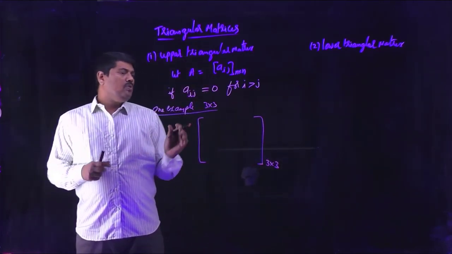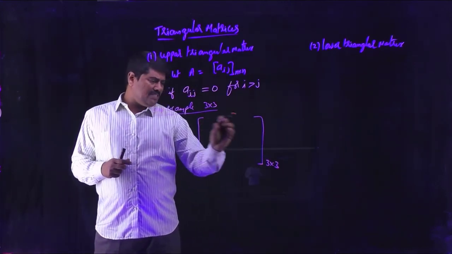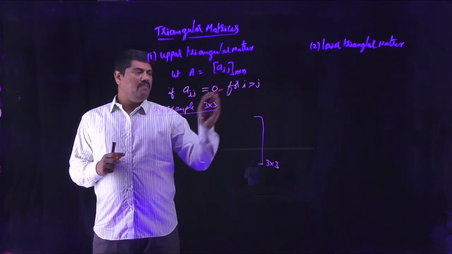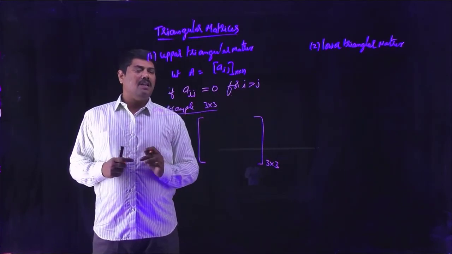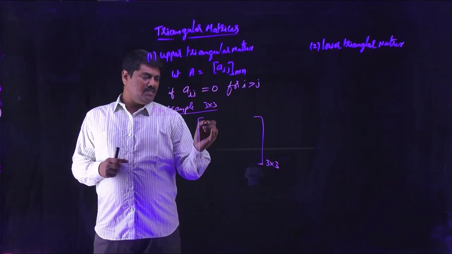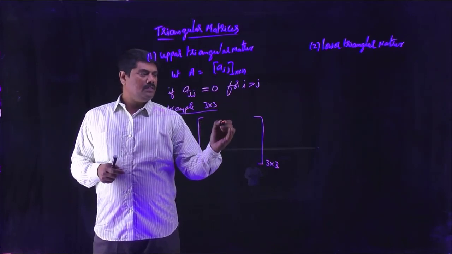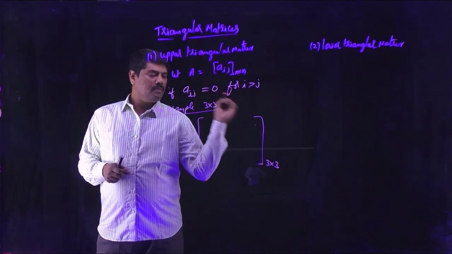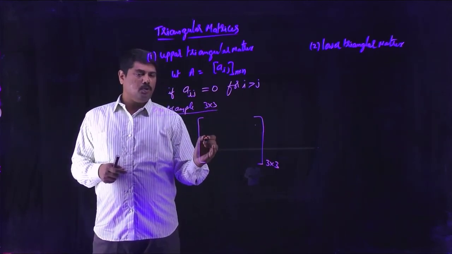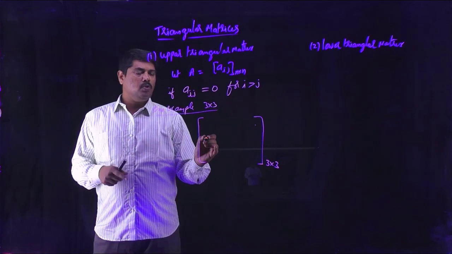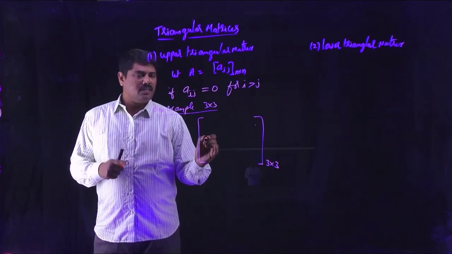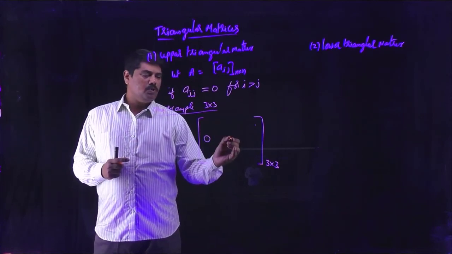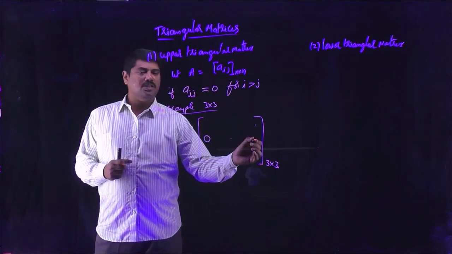So now out of these 9 elements, you have to identify those elements which are having row number greater than column number. So this is 1 1 position, this is 1 2 position, this is 1 3 position, this is 2 1 position. If you observe 2 1 position, 2 is greater than 1, so this has to be 0. This is 2 2 position, this is 2 3 position.